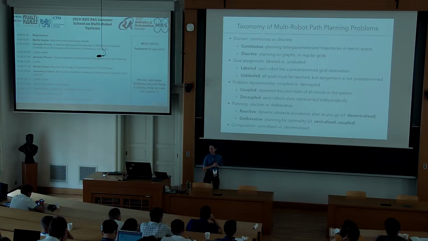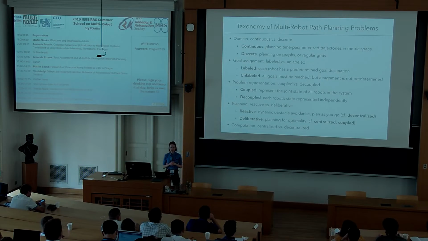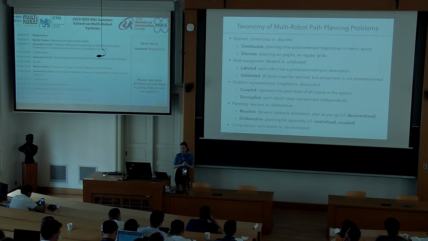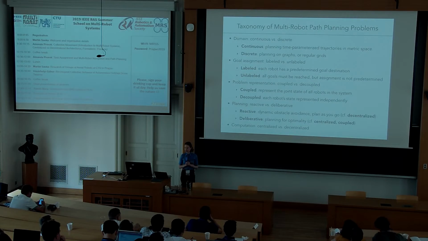Okay, so a little bit of terminology here. The first thing to consider is what domain are we going to consider in order to solve our multi-robot path planning problem? So what I mean by this is, well, we can perform our planning in the continuous domain. What this means is that we're essentially going to be creating time-parametrized trajectories in metric space to solve the path planning problem. Or we can solve it in the discrete domain, which essentially means that we're going to be solving